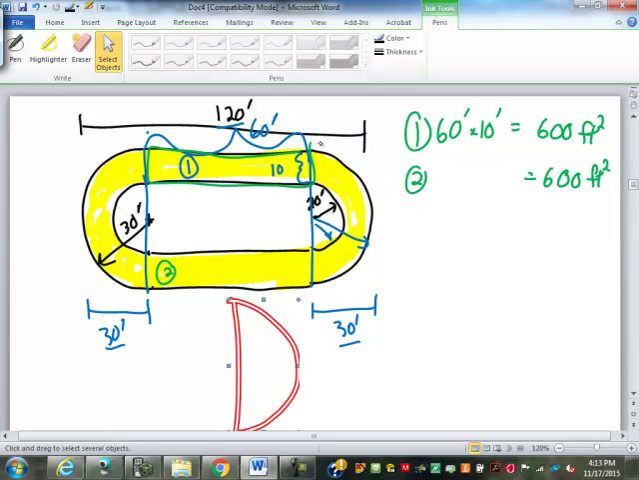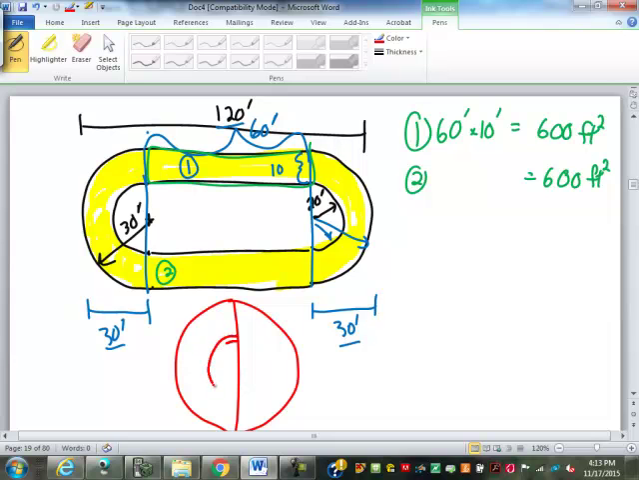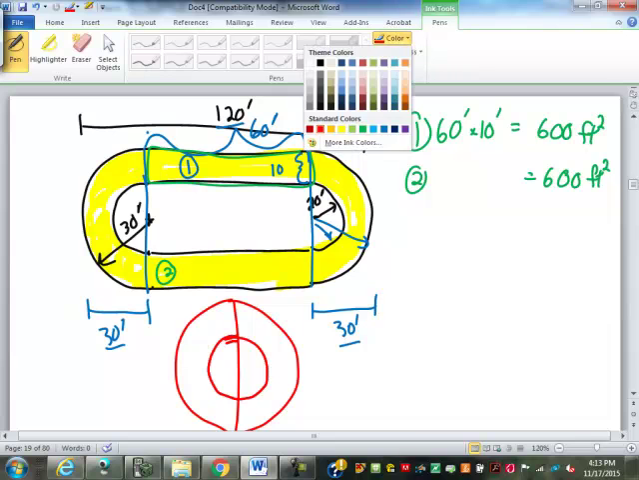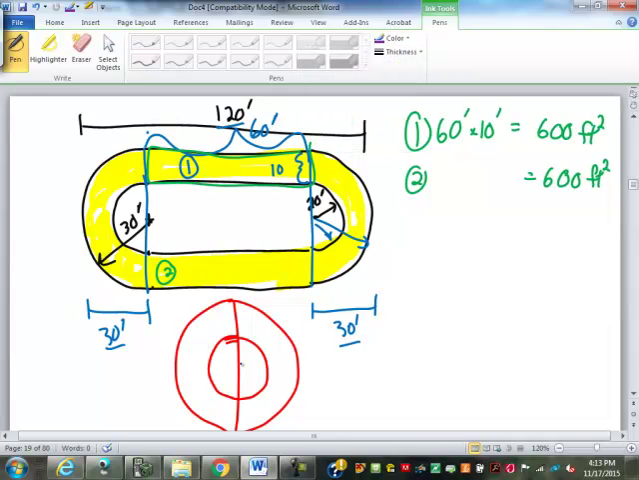If I take them and I pull them out and I put them together, I have a full circle, a big full circle with a little full circle cut out of the middle. So by cutting it apart and putting them back together like this, I have a big circle that has a radius of 30 feet. So that area of the big circle is 3.14 times 30 squared, otherwise known as,